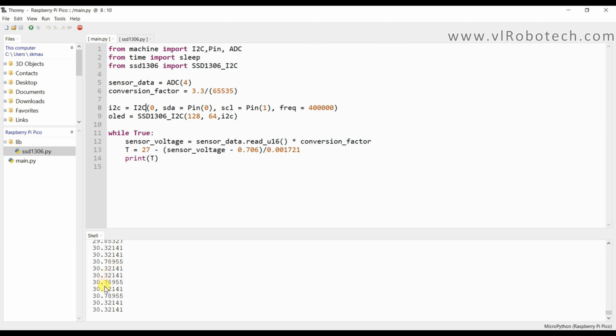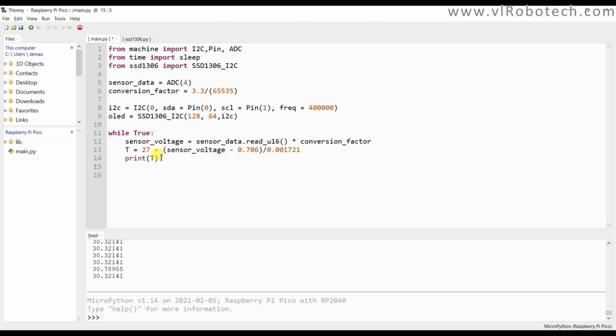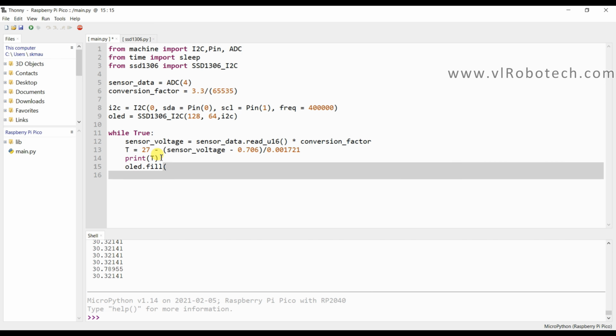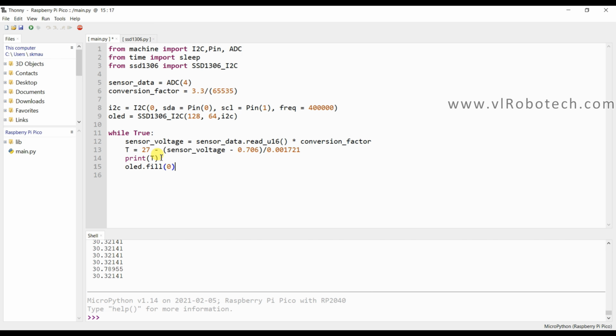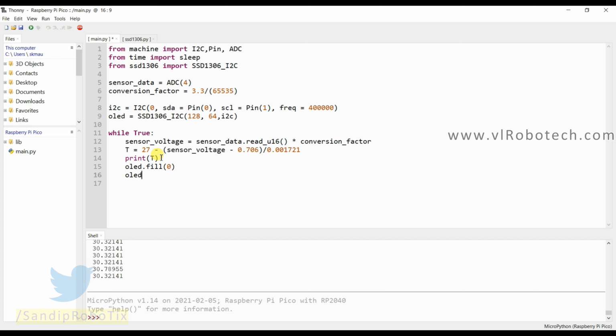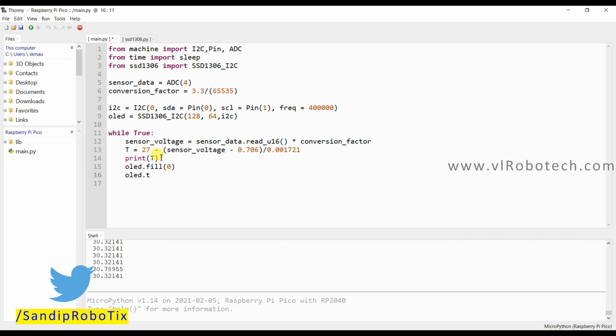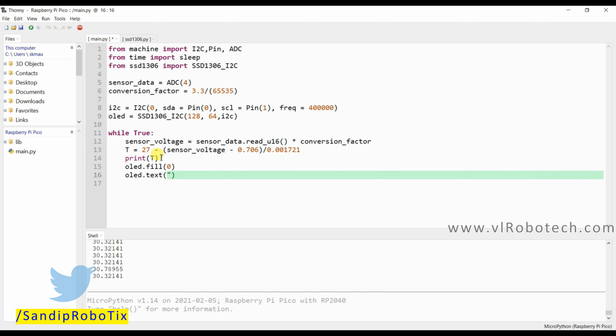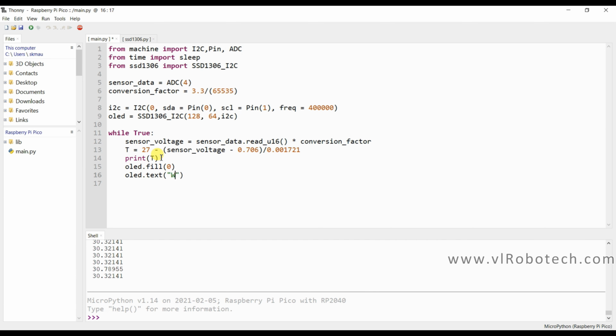So now I will print this temperature on the OLED display. oled.fill(0), and again oled.text, I will use here "Welcome to", and here we will decide the coordinates.